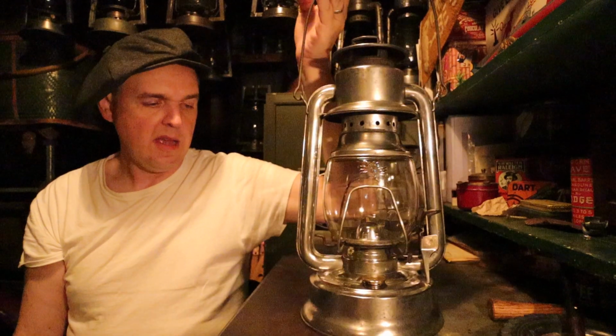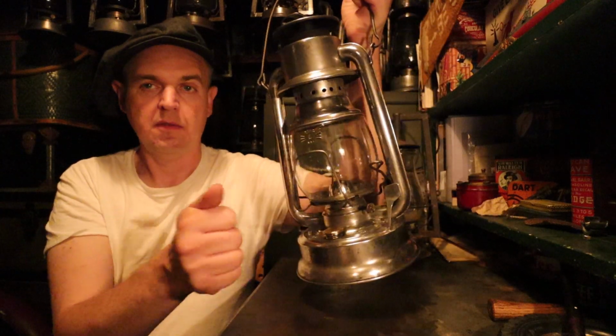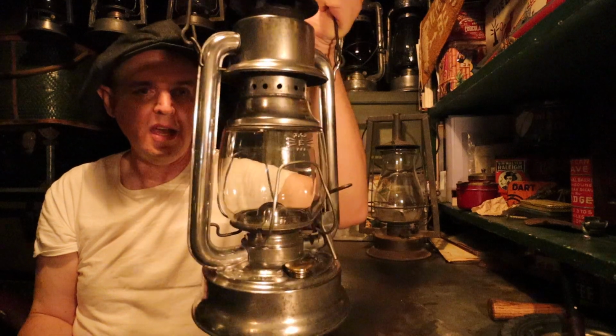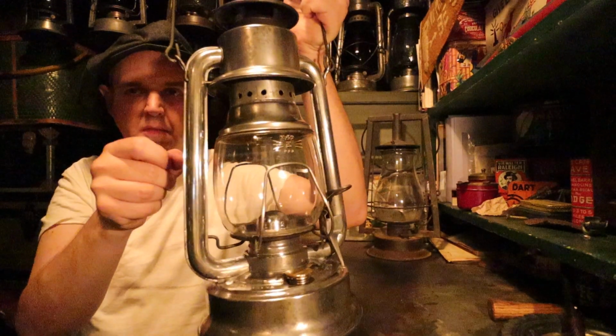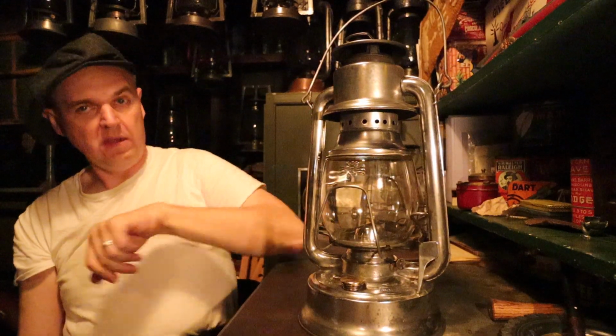Friends, let me tell you, Embury and Defiance lanterns are like battle tanks. They're really solid stuff. You hear that? You see how solid that is? That is a solid lantern, and it's heavy. I don't have fuel in it. I have